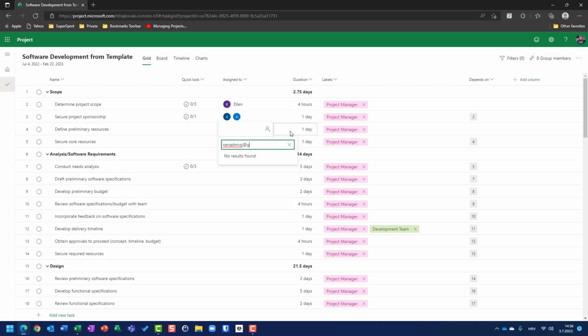So Gmail. Nenad MVP Gmail. No results, fine. For that purpose, first of all, I should add this specific